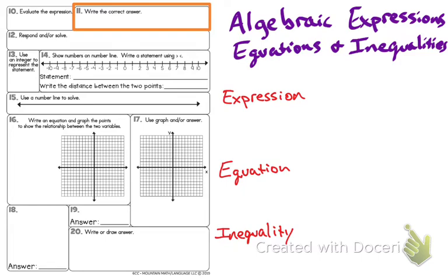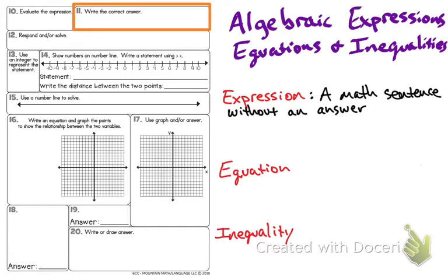An expression, a simple way to remember that, is that it's just a math sentence without an answer. There are some more things to it than that, but we'll leave it simply with that for right now. I'm going to give a quick example of a math expression, and a math expression might look something like 3 plus 5. Now, in your head, you might be thinking that you know the answer to that. And so even though this question does have an answer, unless we write it with an answer, it is still